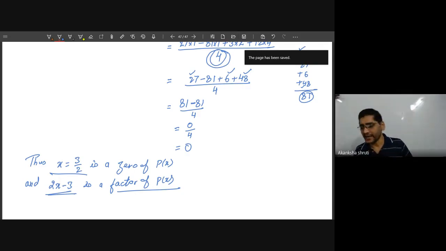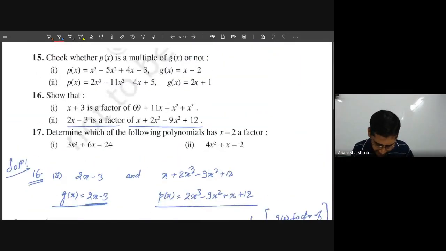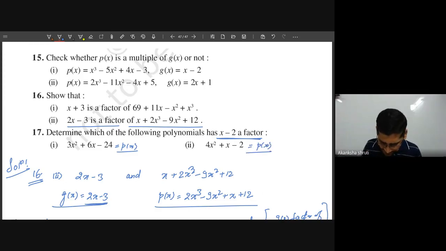क्वेश्चंस आप घर में करेंगे. आई होप आप घर में थोड़ा प्रैक्टिस करिए. इन वीडियो को आप देखकर, हेल्प लेकर आप क्वेश्चन करिए. The other, determine which of the following is the px is a factor. तो यहां देखिए, यहां पे आप x इक्वल्स टू 2 पुट करेंगे, ठीक है, पहले में दूसरे में. आप देखेंगे जिसमें ये वैल्यू x इक्वल्स टू 2 पुट करने पे यदि ये 0 आता है तो फैक्टर है x minus 2. यदि 0 नहीं आता है तो ये नहीं है फैक्टर. ओके, सो यू प्लीज ट्राई दिस इन होम.